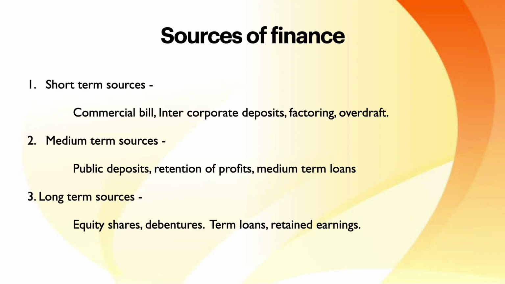Now, as we have looked at the sources of finance, it is equally important for companies to maintain an optimum capital structure, that is, a balanced capital structure. First, let's look at what happens if the company has overcapitalization, that is, more than what is required. What if the company raises more capital? Let's say the company needs 10 lakh rupees, but has raised 15 lakh rupees. What are the scenarios if there is overcapitalization?